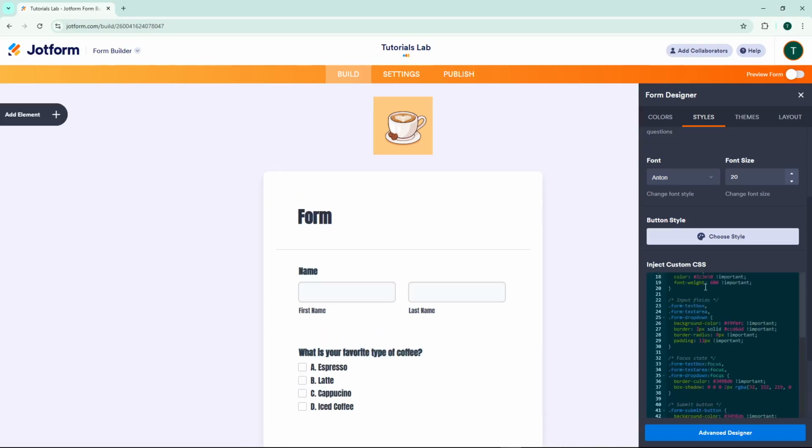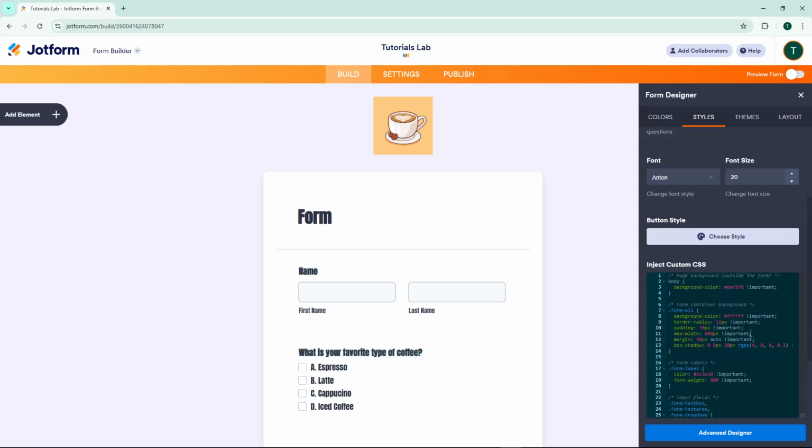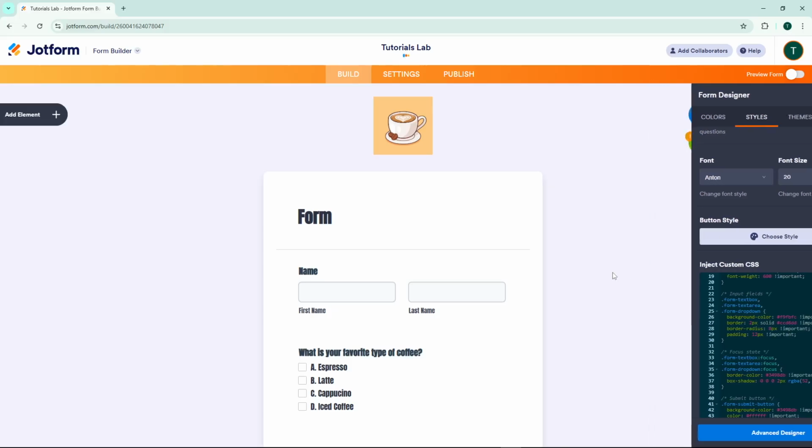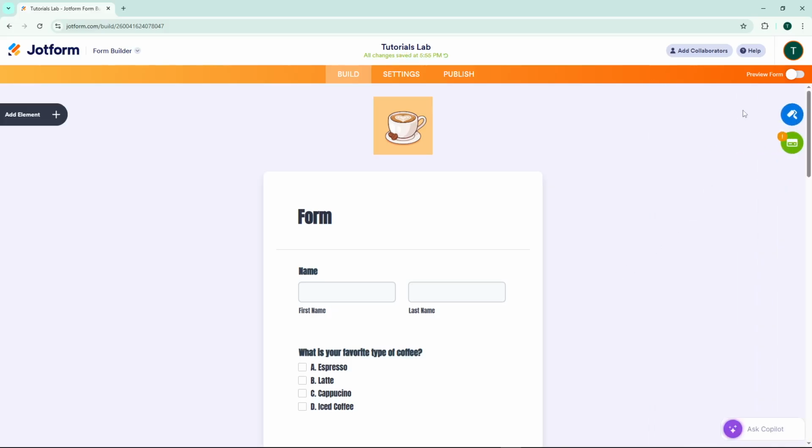Whether you're adjusting button colors, changing font sizes, or modifying margins, this is where you input all those specific styling instructions. Take your time to ensure the code is correct, as even a small typo can prevent your styles from applying properly. After you've entered your custom CSS code, click anywhere outside the code editor box. This action will automatically save your changes, ensuring that your custom styles are stored and ready to be applied to